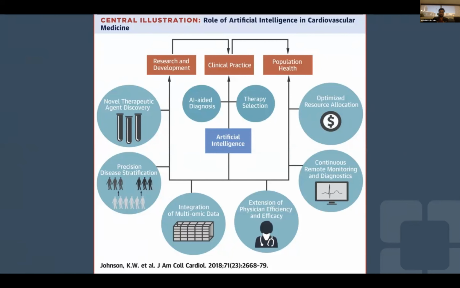So it can really help in diagnostics and therapy selection, which can be powerful for clinical practice. And for research and development, it really helps speed up the discovery and development of new drugs, and helps in integrating genomic and multiomic data. And these all in turn help in providing precision medicine, something that we'll talk about during my presentation as well, which means that each patient's genetic makeup and risk factors will be taken into account to help cater healthcare specifically to